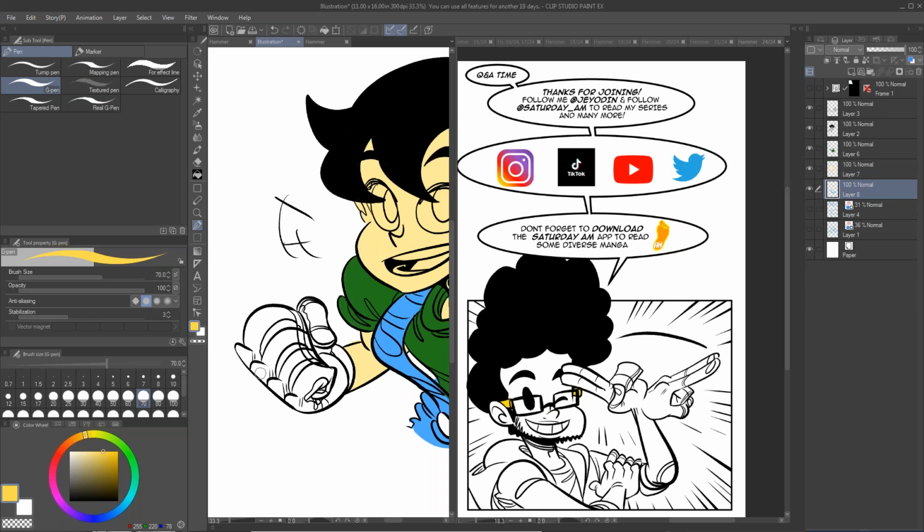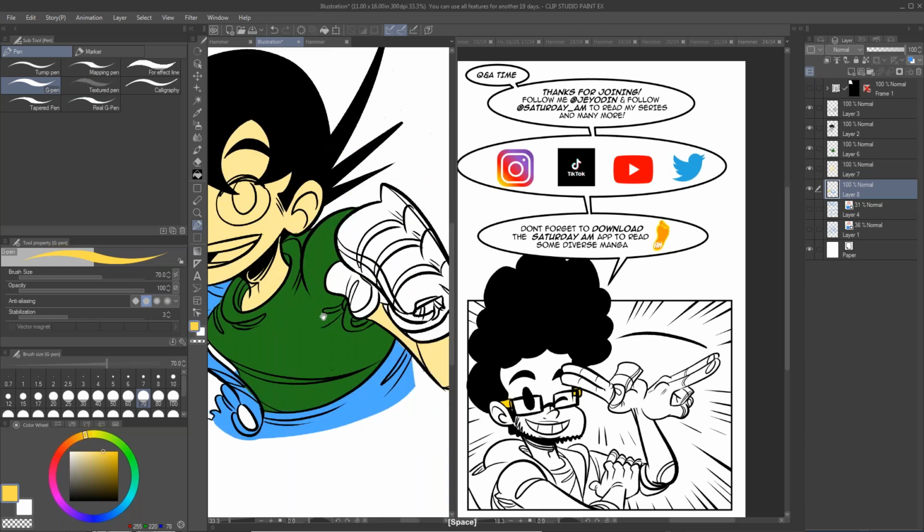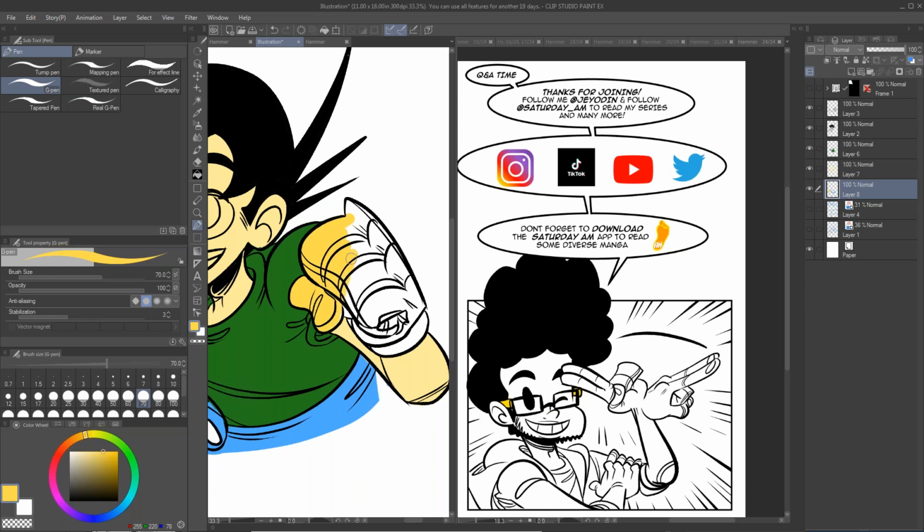But every time I draw digitally, I always keep it at 11 by 17, because if I can make it as big as possible, then I can zoom in and add as much detail, and whenever we have to shrink it down for print, or the magazine, or whatever the case may be, I'll leave it at that. However, Saturday AM has dimensions that they want inside their magazine, and luckily they match up to the dimensions that I've been drawing at forever. So I just keep it at 11 by 17, and it's been working out.